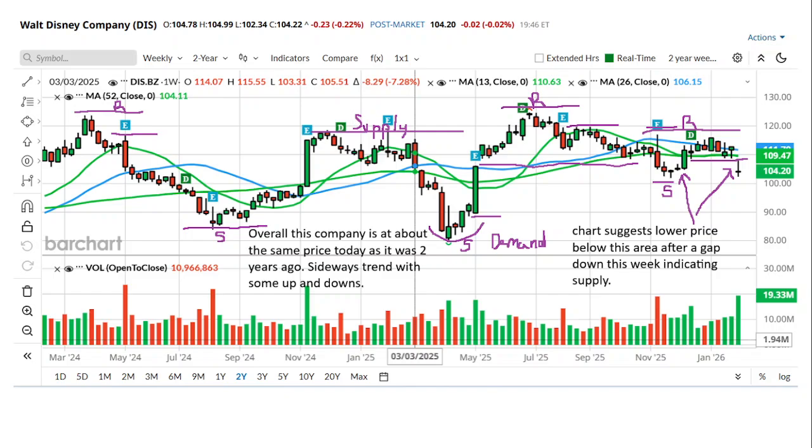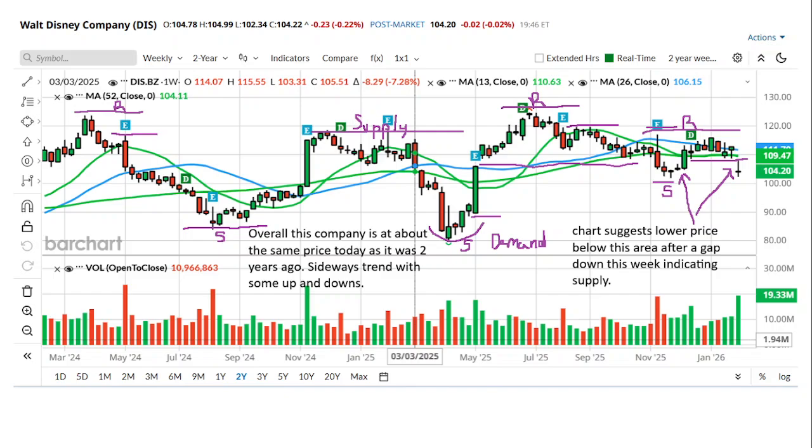Now here's just some notes I took on the chart, and I would encourage you guys to do this too. What I do is I take a picture, put it in a paint program, and then just start drawing on the chart there. That's the easiest way I found to do it. And then from there you can save it in a file and review maybe some trades you've taken or charts you've been looking at and what you saw.